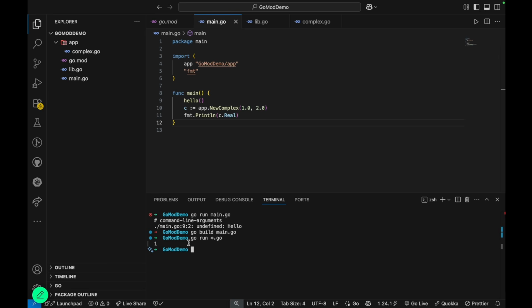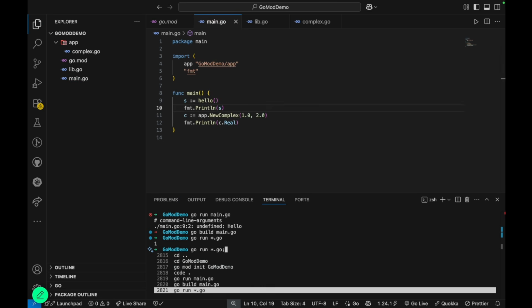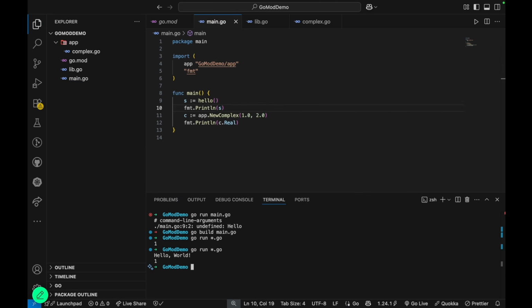Now you can see we are able to execute the code, and hello returns us a string. So let's see whether we are able to get that string or not. If I say go run star.go, hello world 1. So this is an important thing that you have to keep in mind, that in Go, or